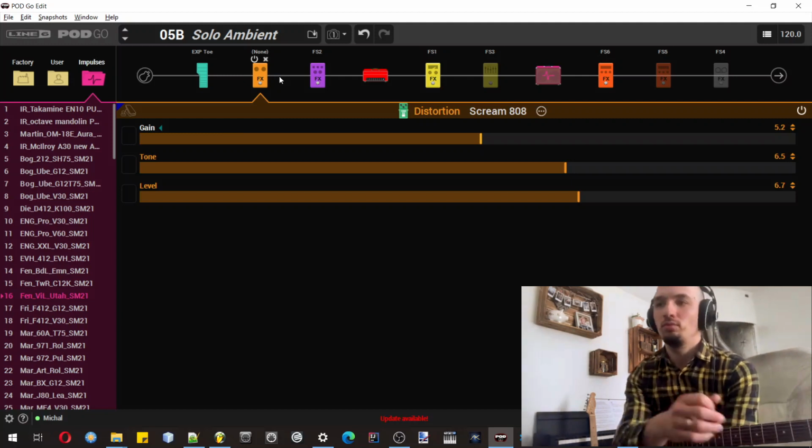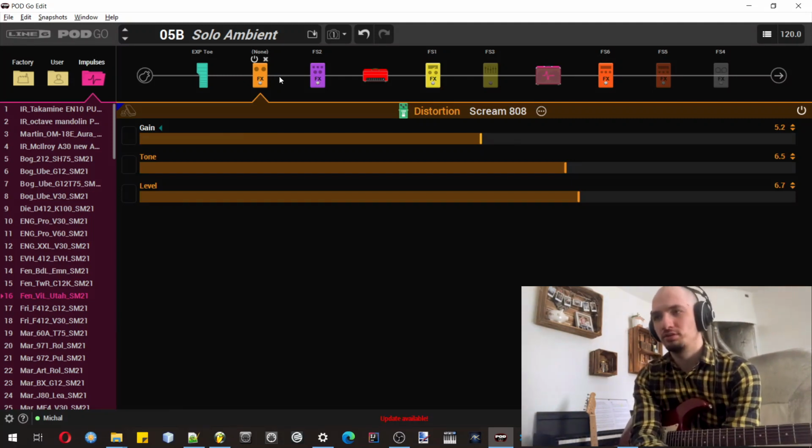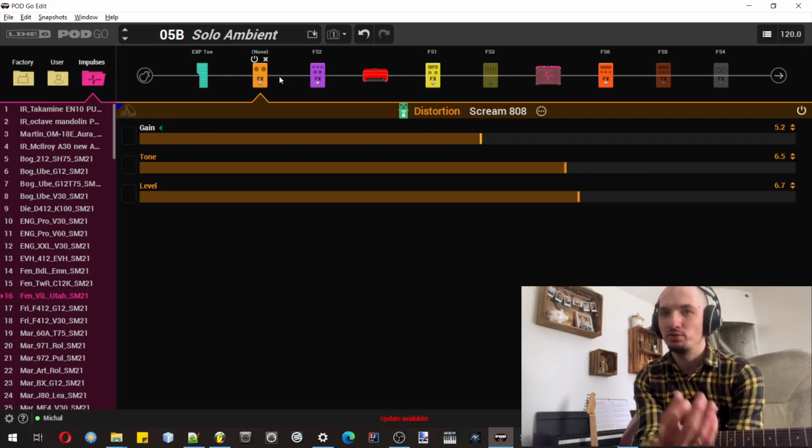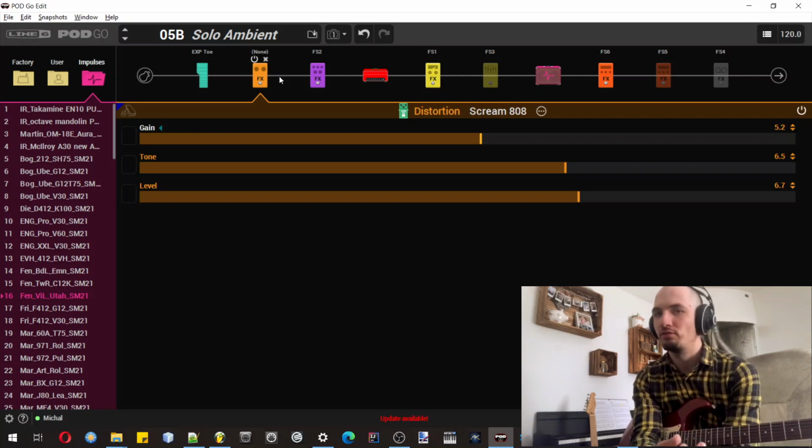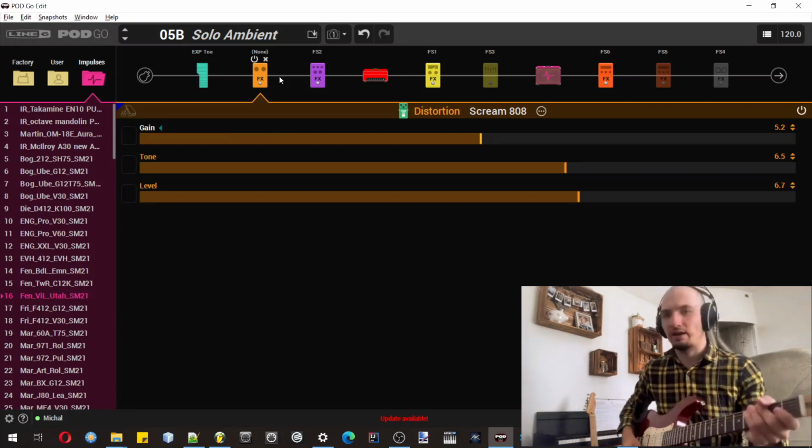So it's something we don't have in the Stompbox, and in the Stompbox we have a maximum of 8 blocks, but there is also the DSP problem, so it's not 8 blocks every time. So let's say it's 6 and you use 2 for the amplifier and you have 4. And now in Pod Go you can use more, as I